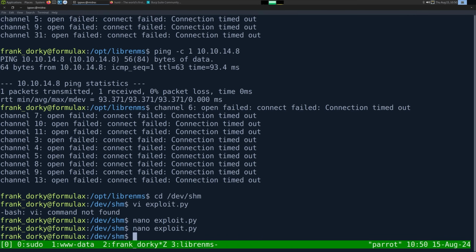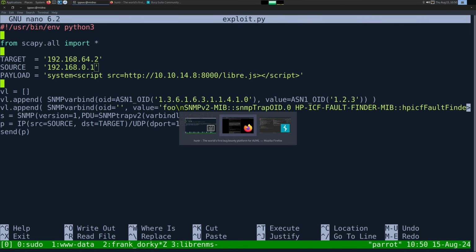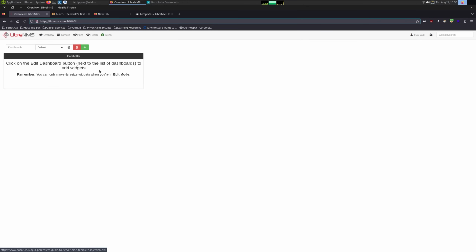Save that buffer. And there's one thing we have to do. We have to spoof the source, because this is going to be where it's coming from, right? So if we go back into LibreNMS, look at devices, we probably have to send this through Burp Suite now, or not Burp Suite, or proxy. Refresh. Let's see. Do we have something? If we go to manage groups,